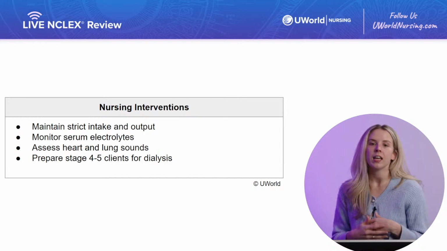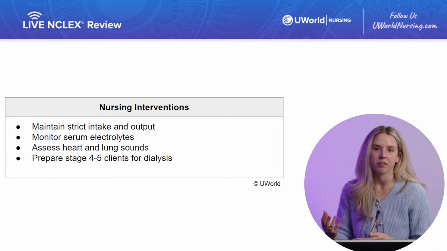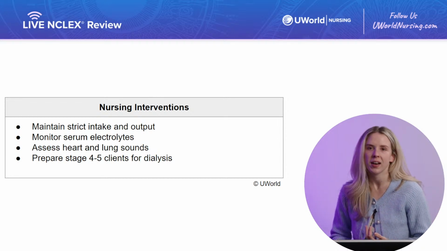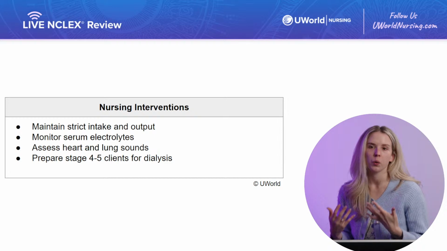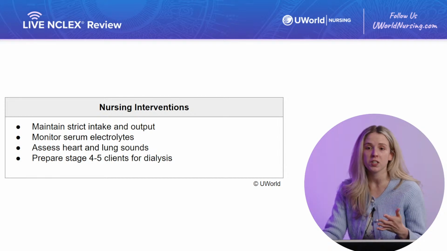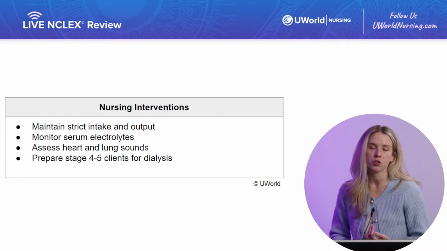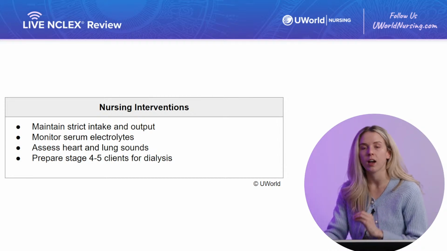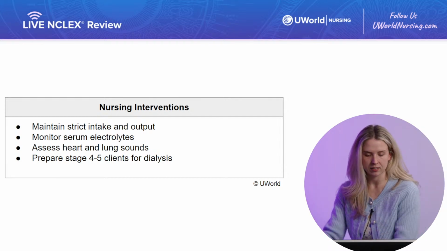However, if it gets past that, if unfortunately these clients do end up in stage 4 or 5, we will need to prepare them for heavier interventions. In stages 1 through 3, with those diet modifications and the medications, the kidneys are still able to respond, but in stages 4 to 5, the kidneys are no longer doing their job and they're no longer responding. So once those kidneys are damaged beyond repair, unfortunately, there's nothing we can do to restore their original function, so we can supplement the function, and we do this through dialysis or transplant. Dialysis would essentially be mechanically doing the work of the kidneys through a dialysis machine, and beyond that, we would resort to a kidney transplant.